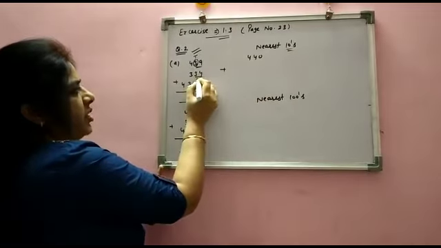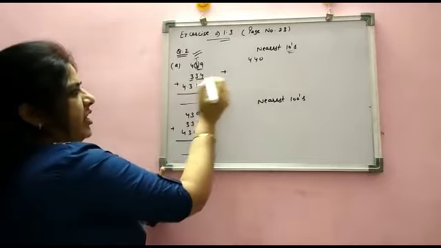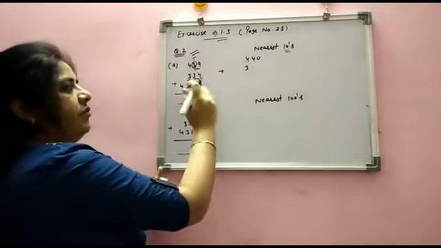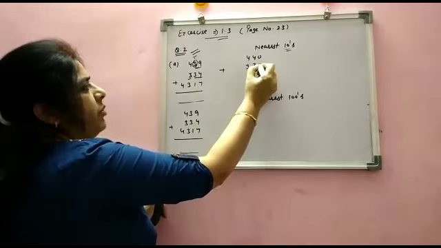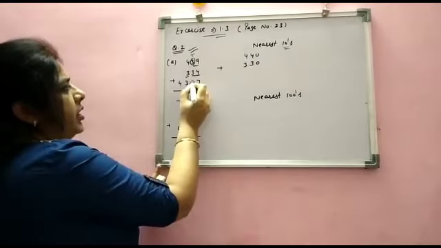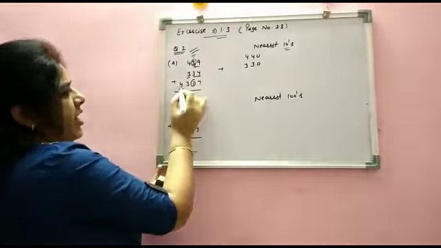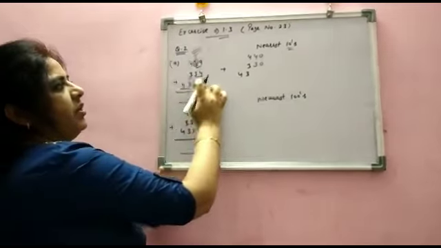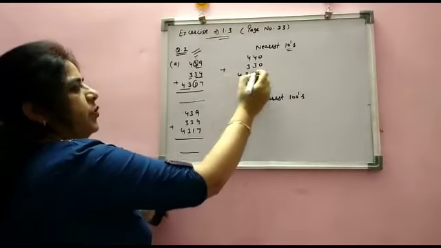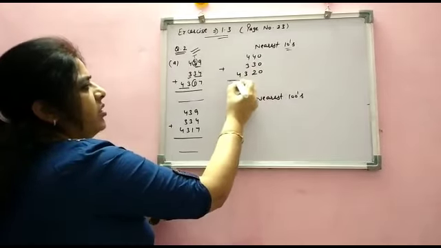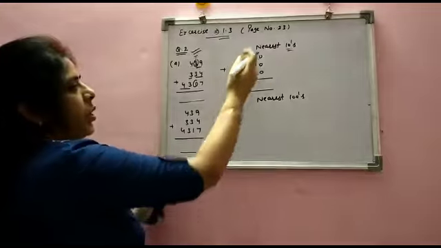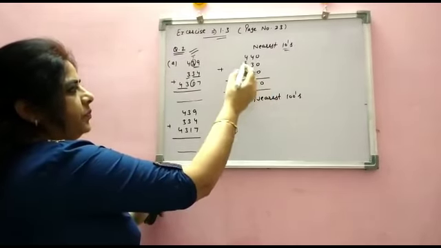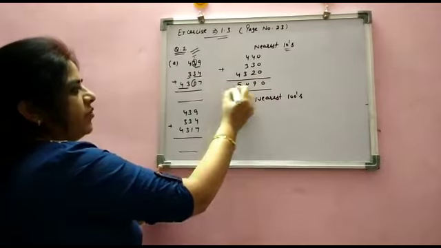In the same way, it's 34. This will remain the same. So 34 lies between 30 and 40. It is nearest to 30. So it would be 330. Here, the tens place digit is this and it will remain the same. So 17 estimated to the nearest tens would be 20. As we have already discussed many examples. Now you just add them. What would the answer be? It's 9, 0 and this 5.